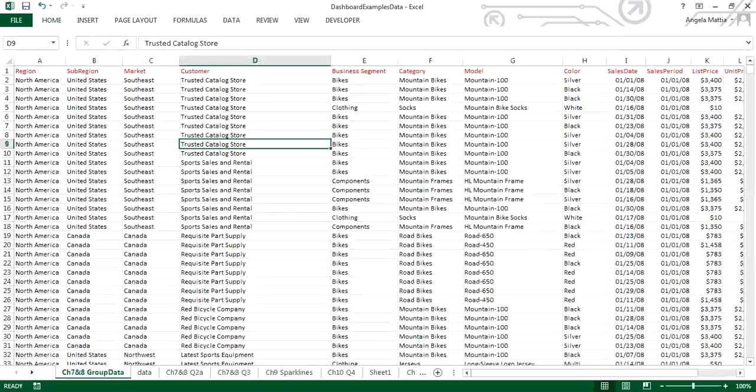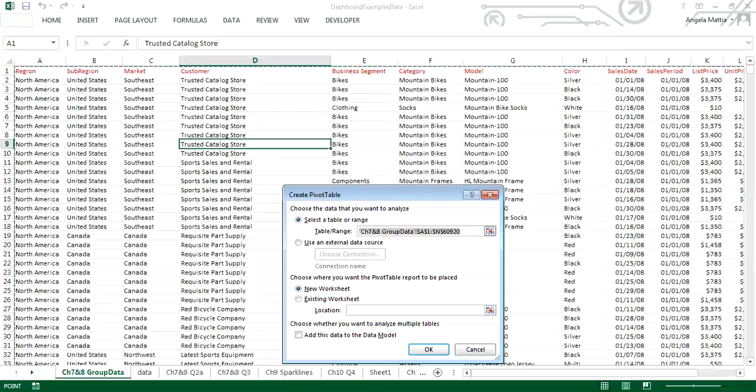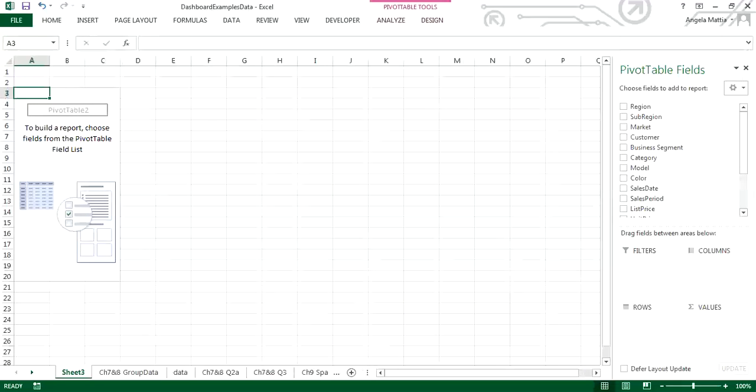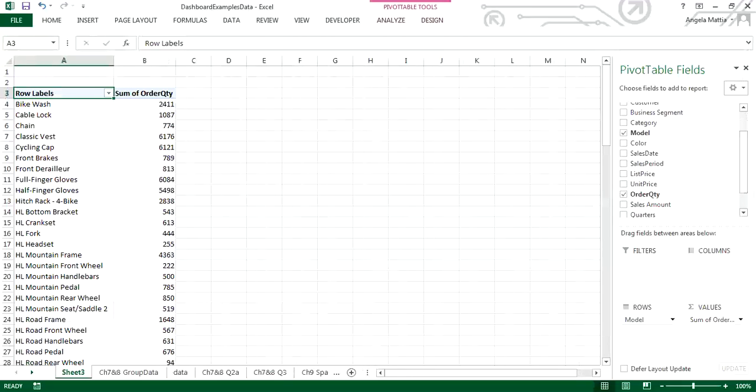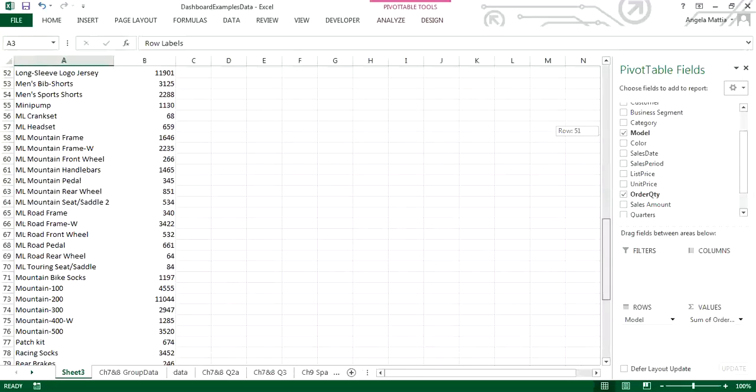And I'm going to create a new pivot table to pull out the bottom 10 models. So I'm just going to put this onto a new worksheet. And when I do that, now I can take my models. I can take the quantity so I can find out the top 10. Okay, and so now once I have that, and I have lots of them,